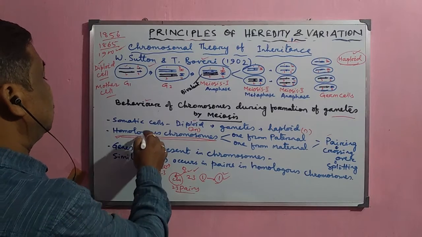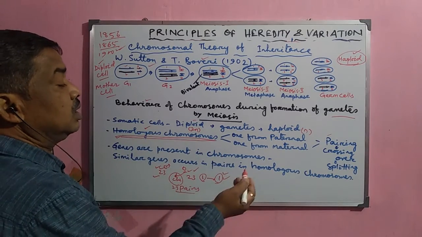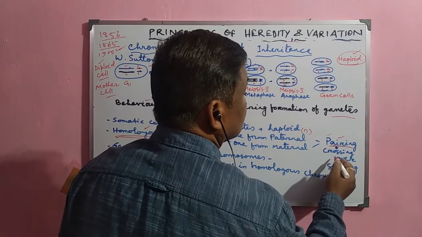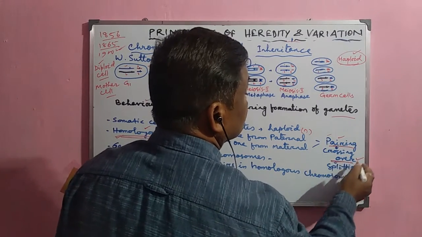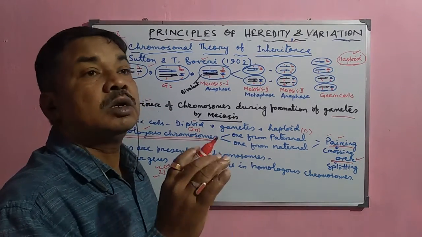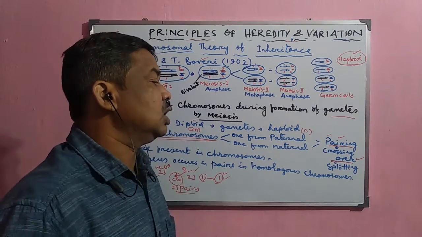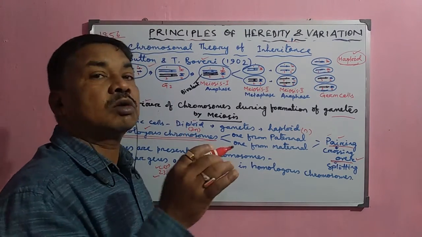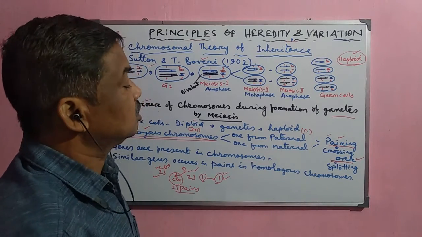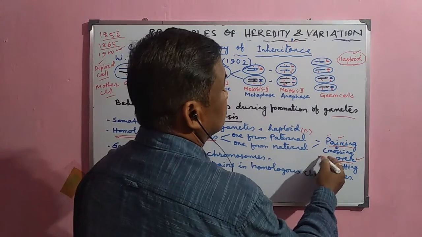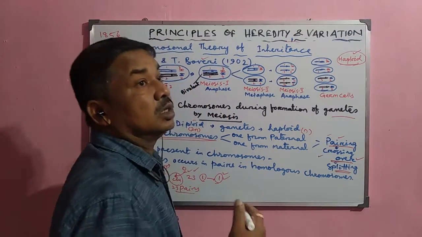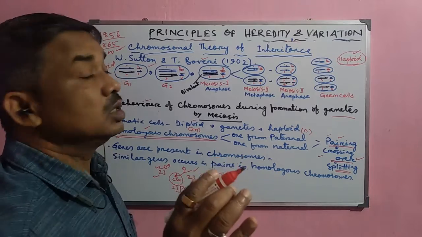Now these homologous chromosomes normally pair with one another. Why do they pair? Because crossing over occurs. During crossing over, an exchange of segments occurs between the non-sister chromatids. The chromatids of one chromosome are called sister chromatids, and the chromatids of the other chromosome are called non-sister chromatids. After the exchange of segments, they separate from one another again. So during meiosis 1, these events occur.